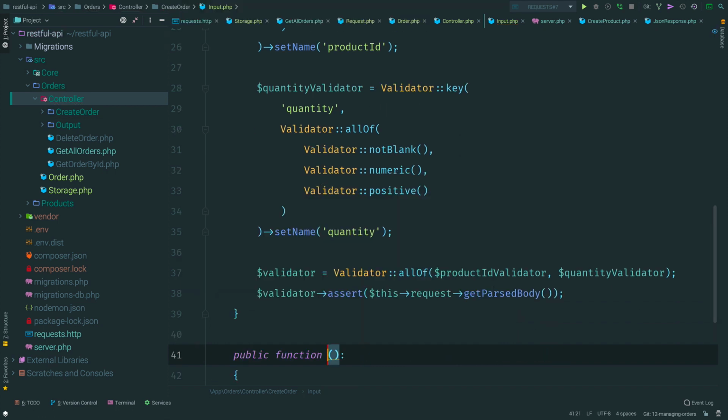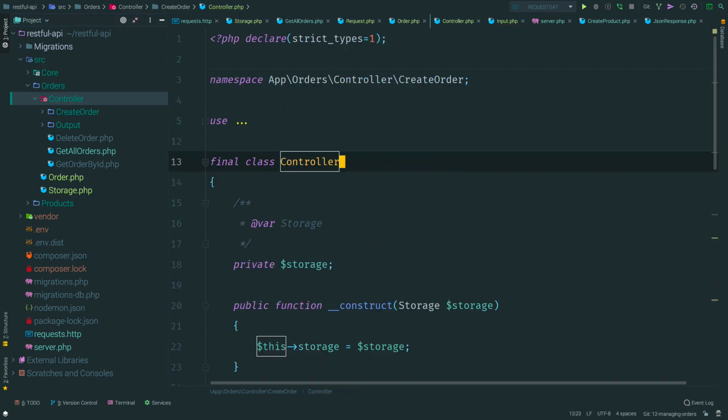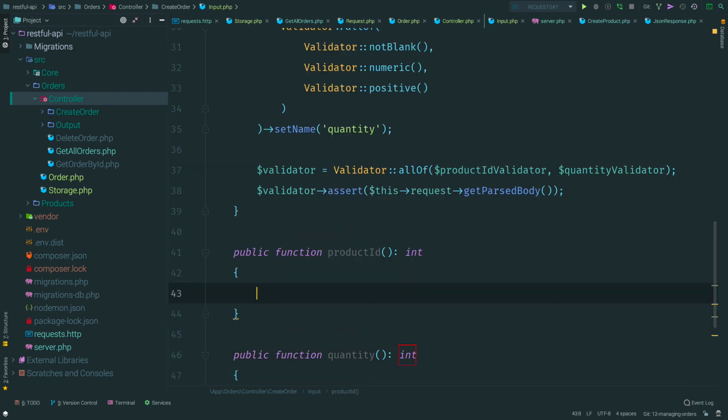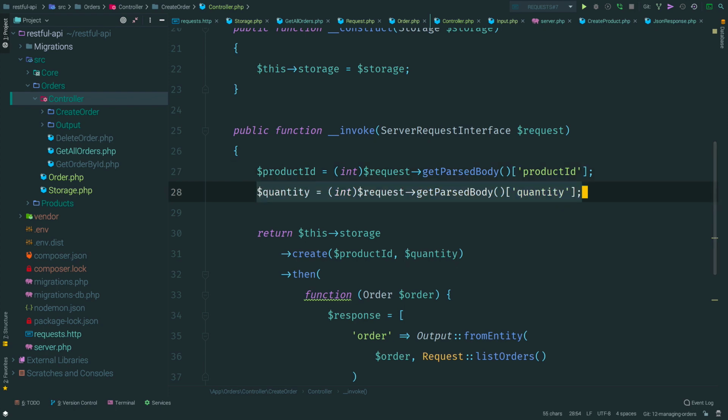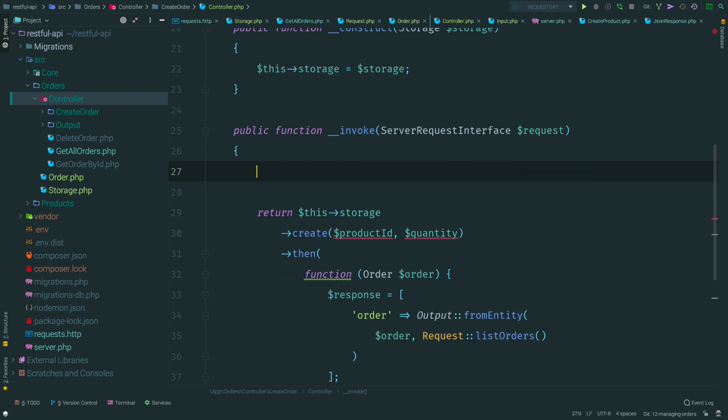Add two helper methods to retrieve product ID and quantity. Copy them from the controller. Product ID first. Paste it. Fix request. Then quantity. Copy, paste, and fix the request. Done. Now open the controller and use this new class to validate the request